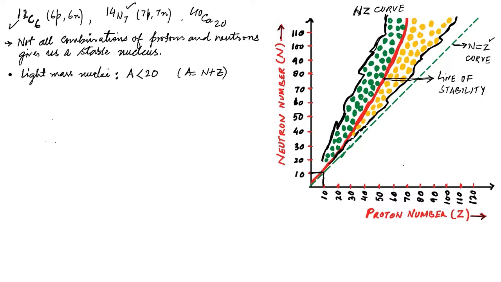And similarly, if we look at neutron number 20 and draw the line here, then I can see that it's also lying near the line of stability, as well as on the N equals Z curve, because both have equal numbers of protons and neutrons. But for heavier mass,